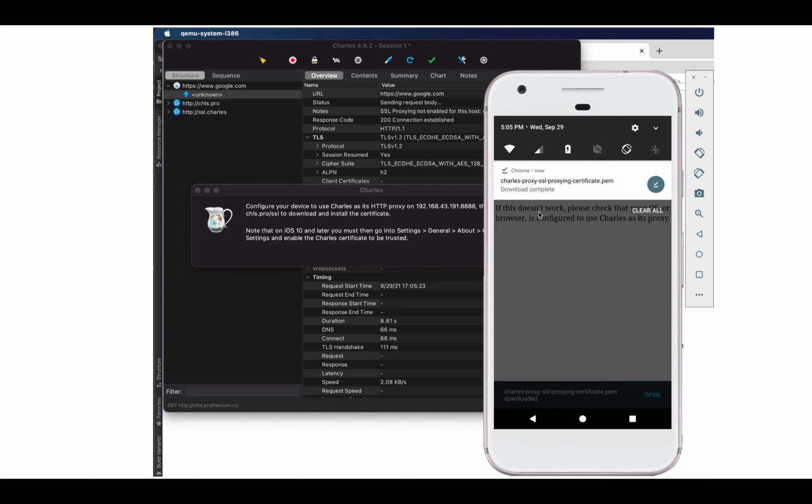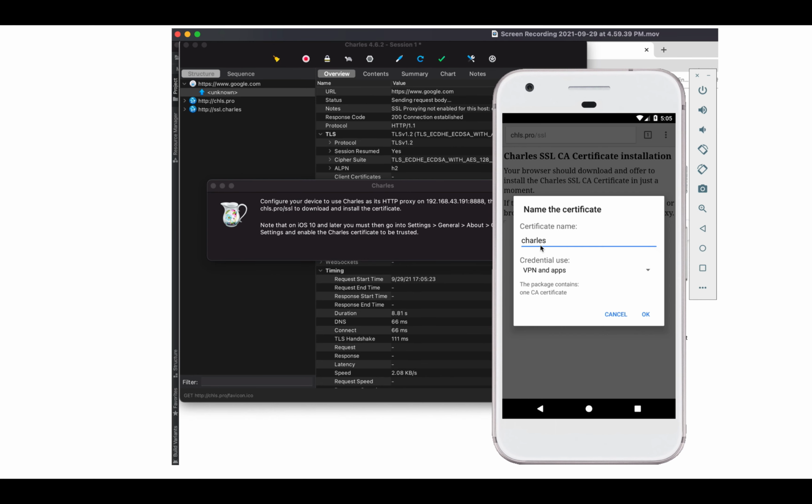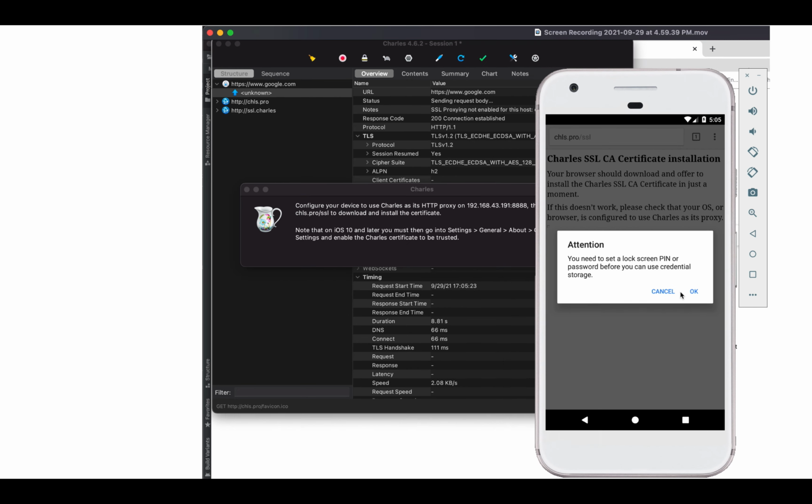To install that, just click on that certificate. So you can enter any name. You will get a dialog box like this where you need to enter the certificate name. Time being, I have put as Charles. Click on OK, and then you will get a dialog.